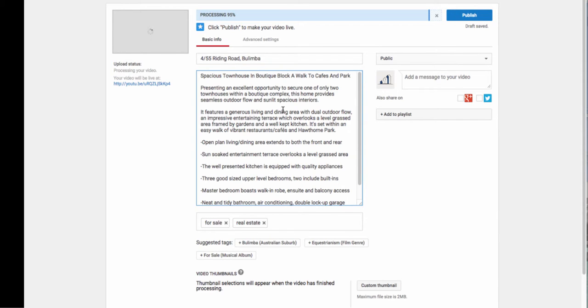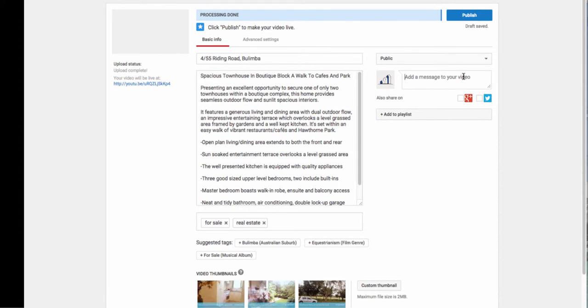Now, we'll work across the page. This bit here, you can always go back and change this. This bit here is very important to get right because you only get to write the message on your video once. Once you've published it, you cannot change that. So very important to get it right. So we say